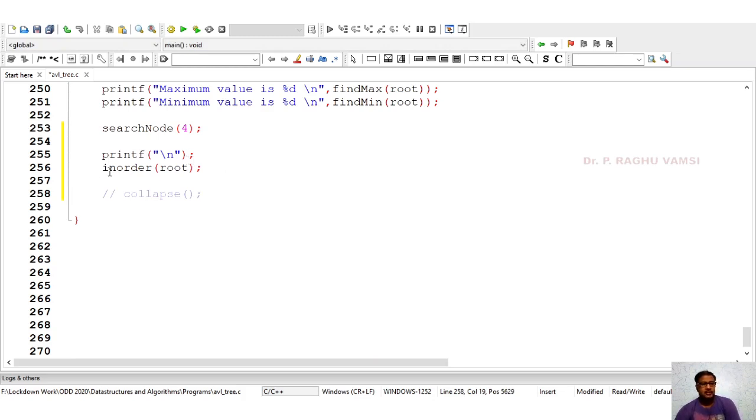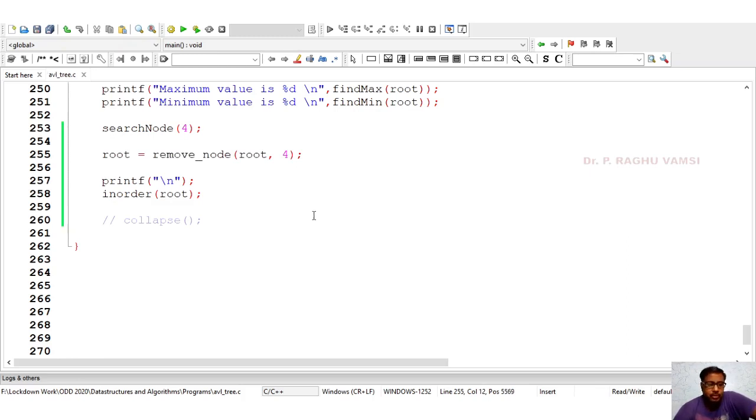Printf \n in order of root. So we'll see in order of root after removing the node. So remove underscore node of root, and I want to delete the node 4. Since we search a node 4 there, we find the key 4 there. So this root again, it will return the root here, because remove underscore node will return the value.